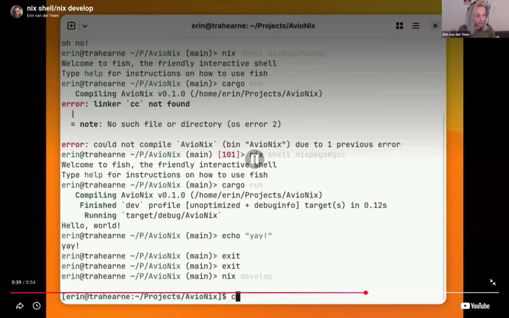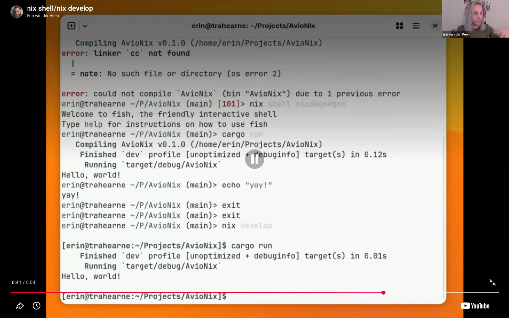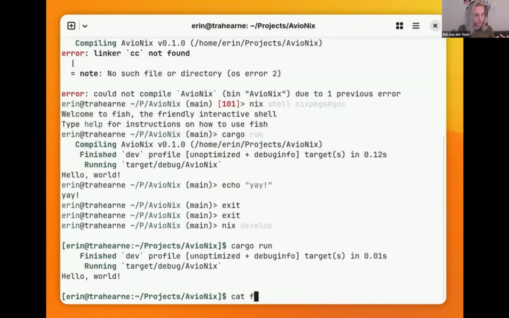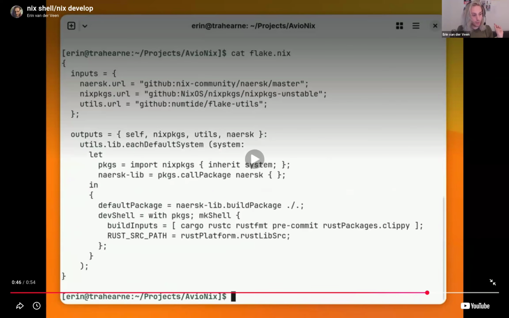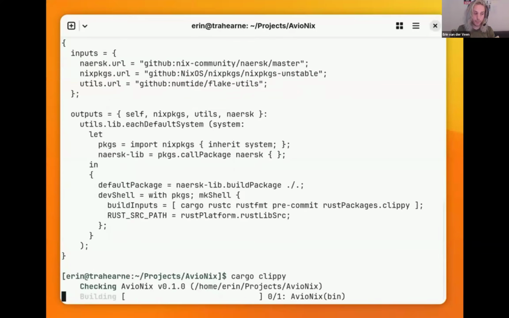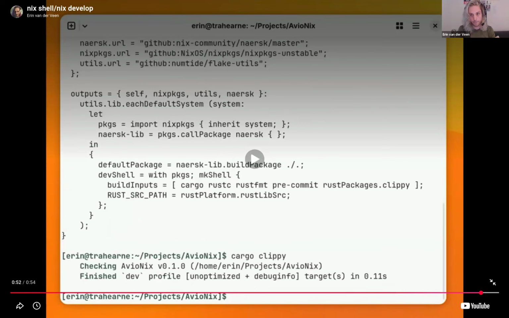And you enter a bash shell that has cargo available, and it just builds. I can show you what flake.nix looks like. Here it is. This is all the build inputs that I've defined for my system. One of those is also Clippy, which means that now that I'm in the dev shell, I can also do cargo clippy. Okay.